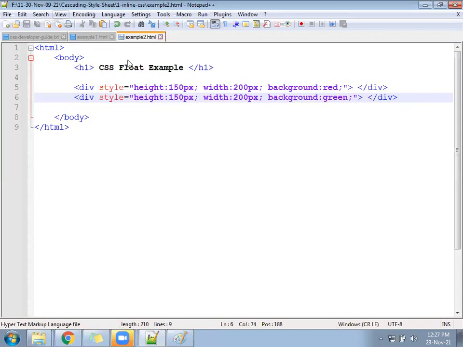Run the file. Two blocks will come one by one.